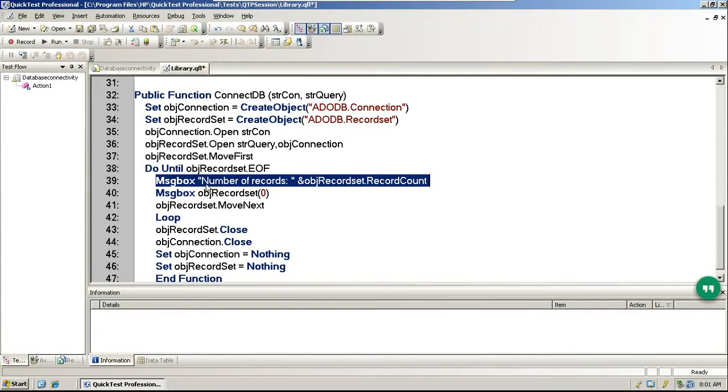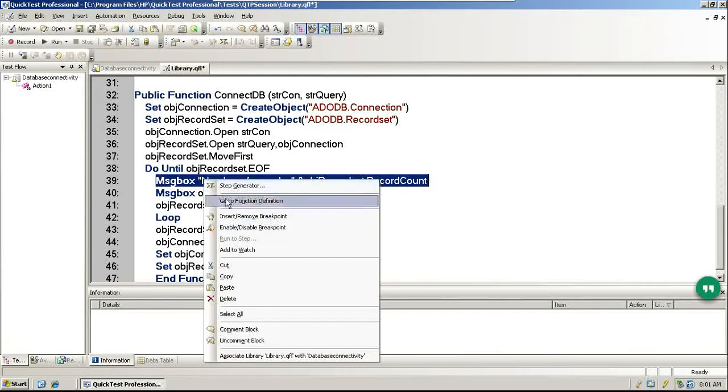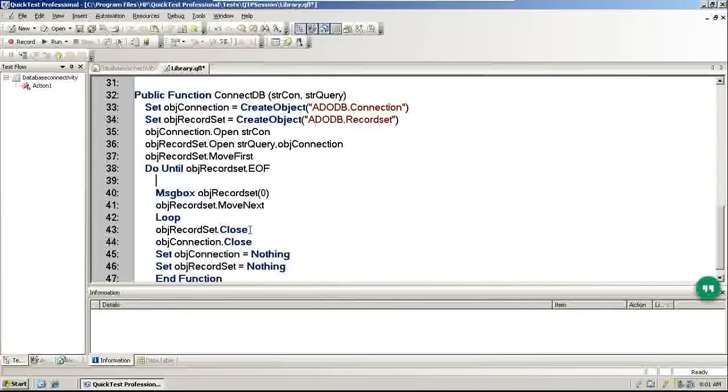Okay, time out. Simply, since you are trying the message box in the while loop, and since it's the first record, before reaching the first record the count of records will be -1 obviously, since you are doing the message box inside the loop. So simply you have to put it outside, because you simply want to find out the number of records, so you don't have to be in the loop, right?